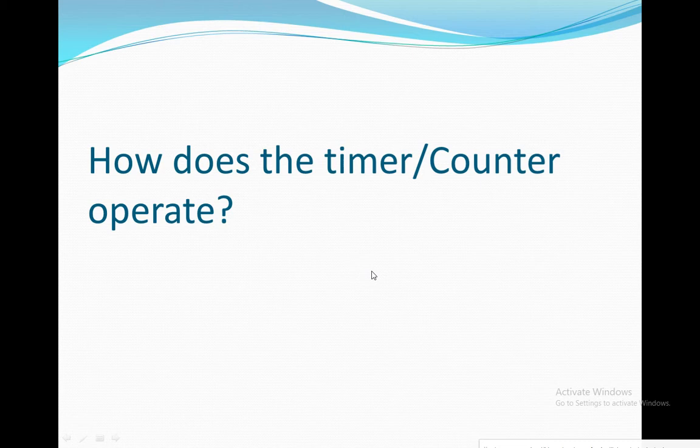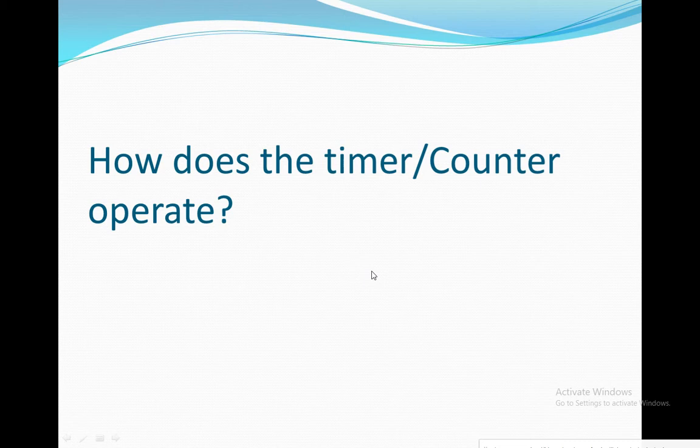As for the counter, it is used for counting unknown input clock signals which are fed to one of the clock input pins of the microcontroller. We can count these unknown pulses and store them in timer registers.